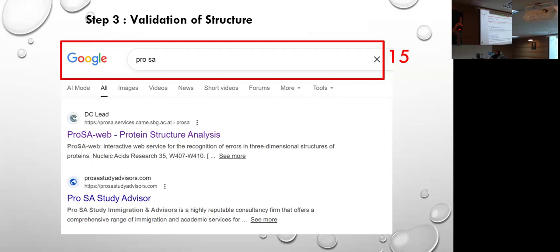There are many groups who are working computationally, day and night, you may say. And there are so many groups who develop many kinds of web servers, many kinds of websites, open source or licensed. All of you may be familiar with molecular docking as well.